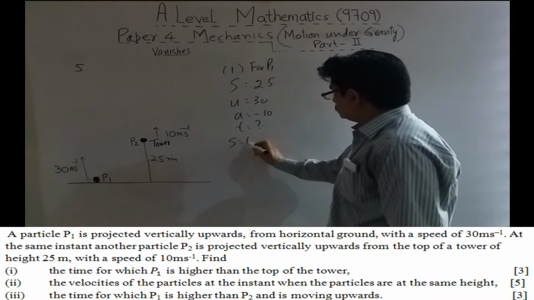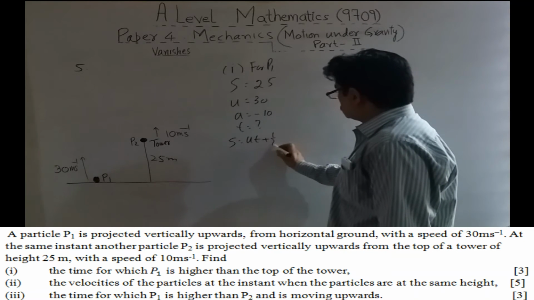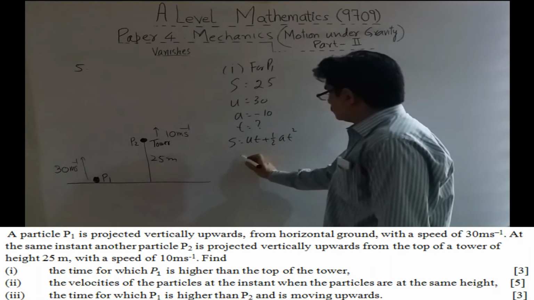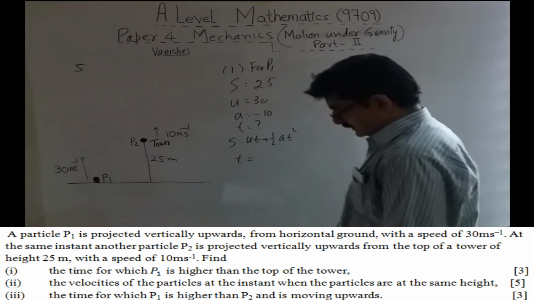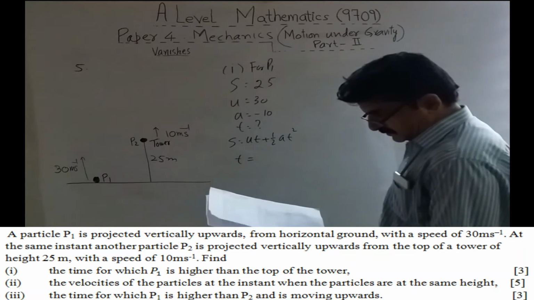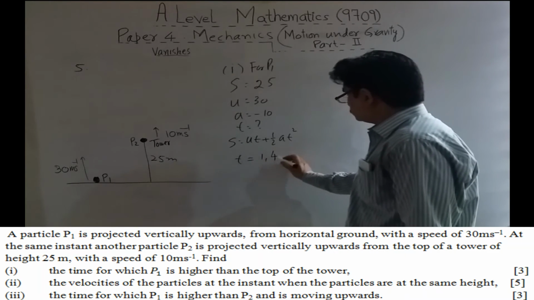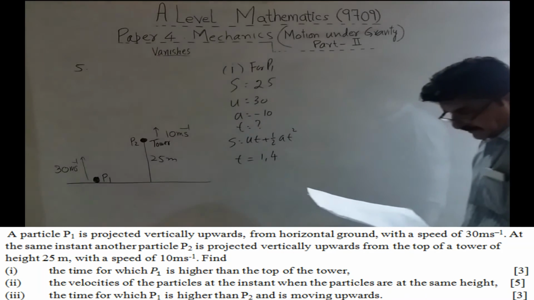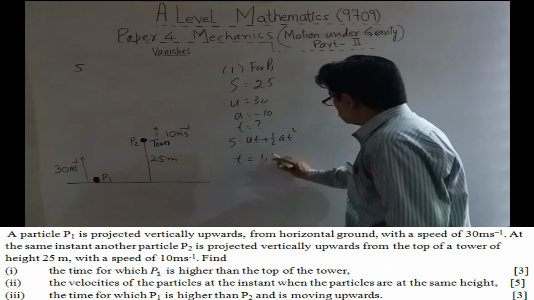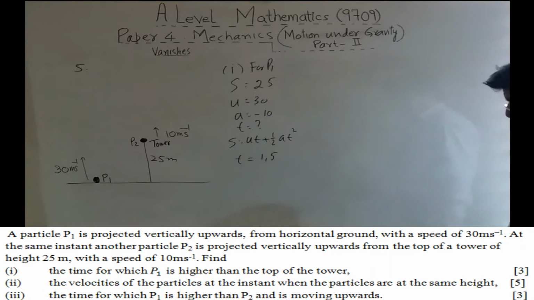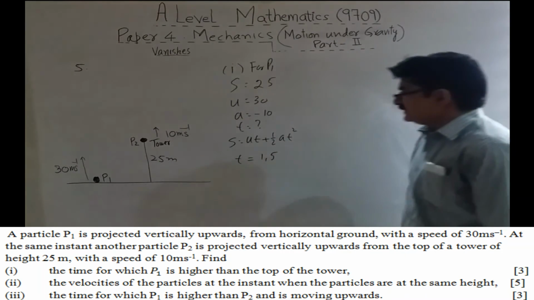Applying the equation of motion, s is equal to ut plus half at square. Putting the values, if you solve it, you will get the value of time to be 1 second and 5 seconds. You solve it yourself, please use a calculator. Now what does this mean, 1 and 5? It means that